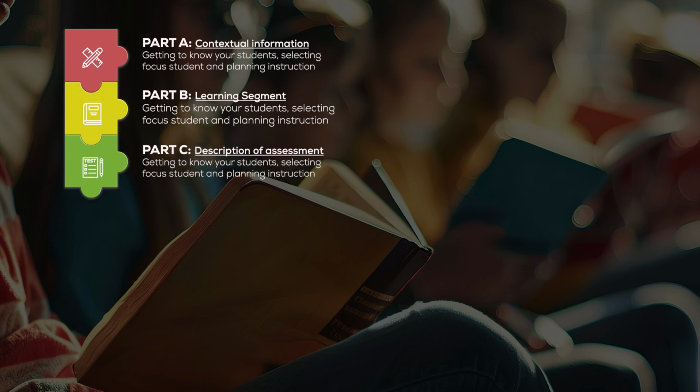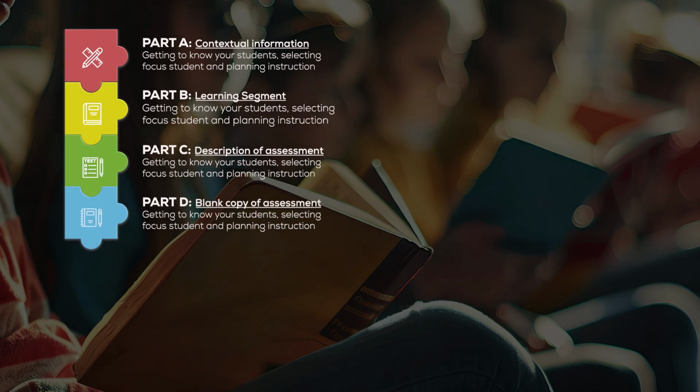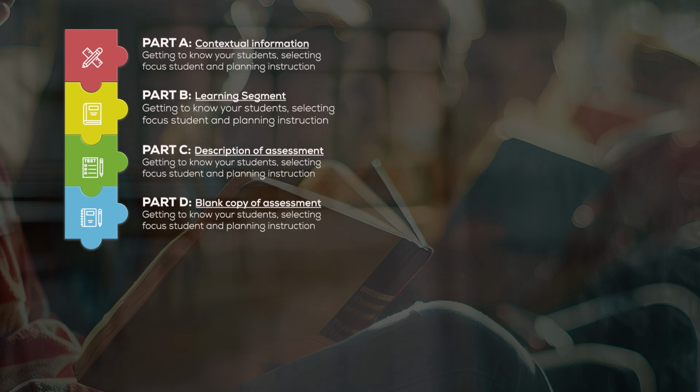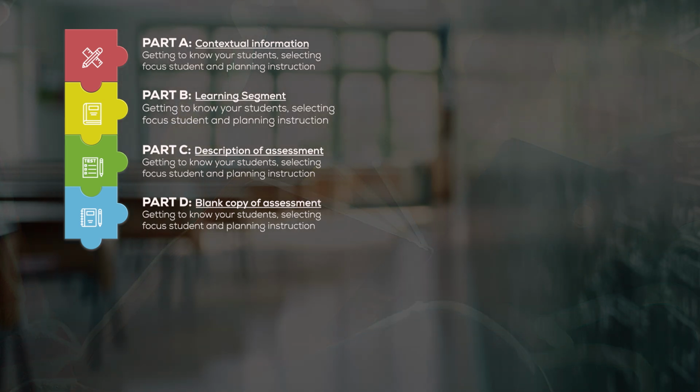Candidates will provide a clear description of a formative and a summative assessment that they'll use within those 3 to 5 lessons that they've planned, and describe what ELA, literacy, and ELD goals are evaluated or measured by those assessments. Part D is a blank copy or description of the summative assessment that's used, and this is self-explanatory. Candidates simply provide a blank copy of the assessment and a rubric that they plan to use in the final